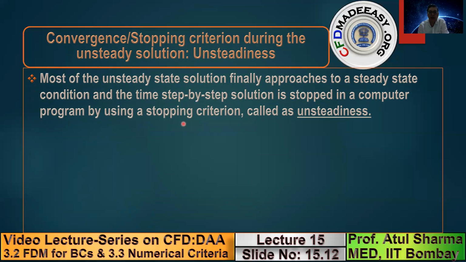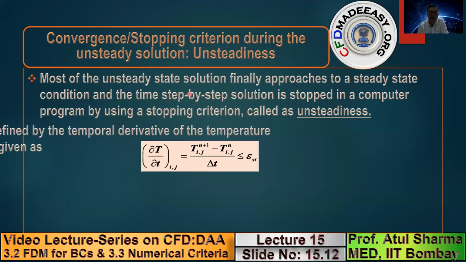So we will use a variable that we will define as unsteadiness, and we will have a convergence tolerance, because we want this variable to reach 0, but the computer doesn't understand 0. So we have to define what we are considering as 0, whether we consider 10 to the power minus 4 as 0 or 10 to the power minus 6 as 0. That is called the convergence tolerance that I introduced in the previous topic of iterative methods for the solution of systems of linear algebraic equations.